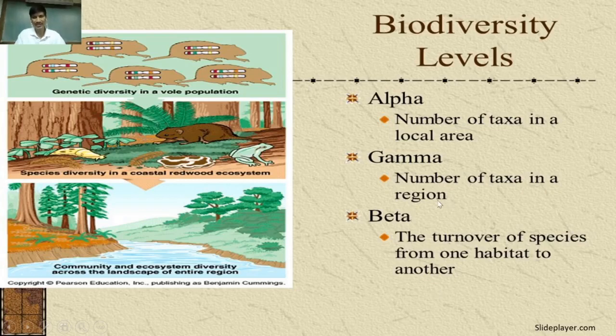And the third one, the gamma taxonomy. In the last bottom picture of the left side panel, we observe that there are two ecosystems or two study areas separated by a river, and in that area we look at the turnover number of species in the two habitats, one habitat and another habitat. Scientists go through the turnover number of species, and that type of study is known as the gamma taxonomy.